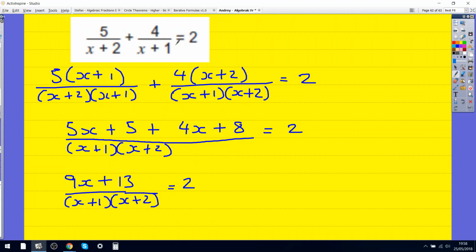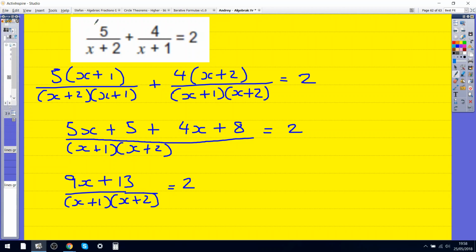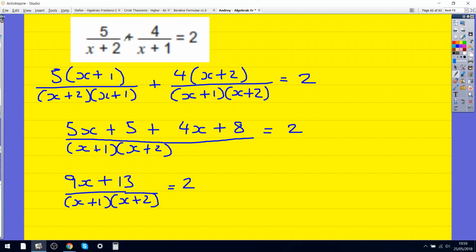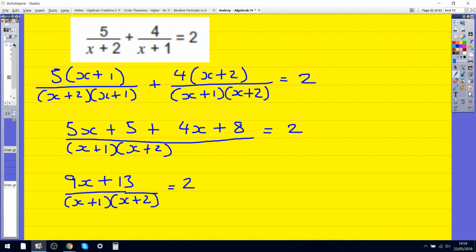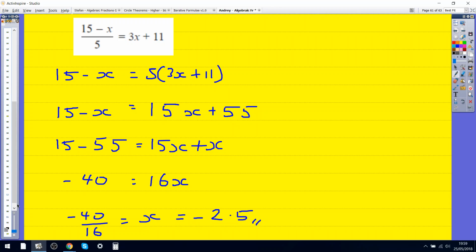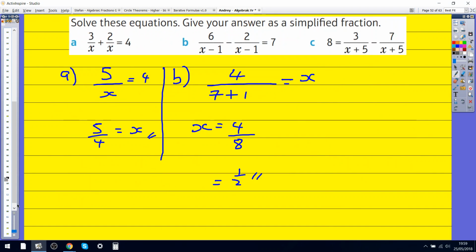Okay, so basically, for the hardest possible type, if you've got two fractions being added, you get a common denominator by multiplying by the other denominator, top and bottom, to keep the same value. Bring them together, simplify, and then solve by making it equal to 0 and doing the quadratic. So that's if you're adding or subtracting in an equation, which is the hardest type. And then the exam questions weren't quite that challenging, but